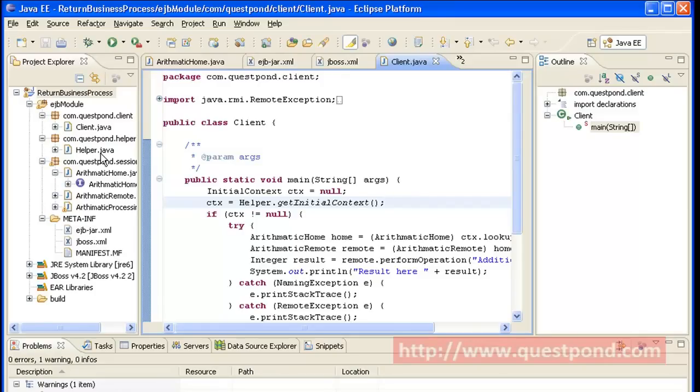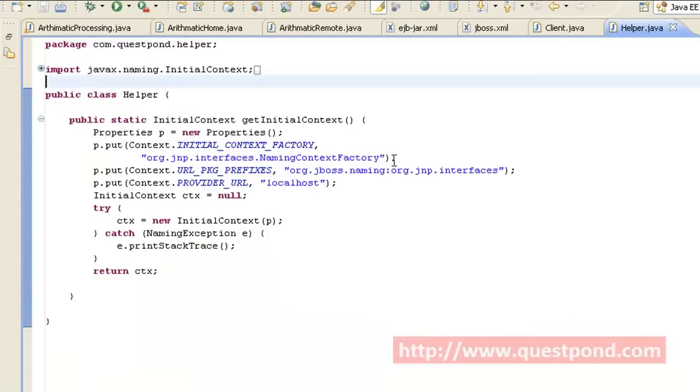So let's go to this helper.java class and see what is written within getInitialContext. Shown is the helper.java class within which we have the getInitialContext method. We create a properties object within which we put various properties like initial context factory, which refers to the naming context factory. Similarly, URL package prefixes, which will indicate the interfaces provided to us by JBoss, and the URL.